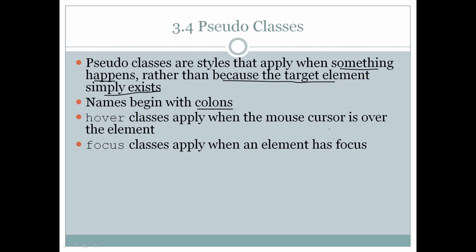when the mouse cursor is over the element. When you take your mouse cursor on the element, we can apply some style specification by using the pseudo class, that is the hover class. Same way we have one more class called the focus class. Focus class applies when the element has focus. When an element gets focus, we can apply some style specification by using the focus class. Like this, there are many other pseudo classes which can be used to apply style specification on certain events. Now let us go through an example to understand this.